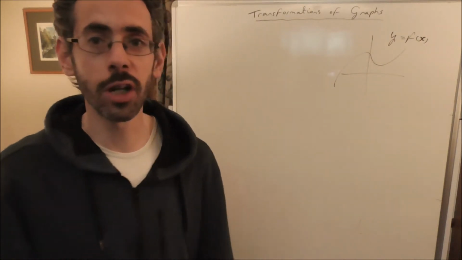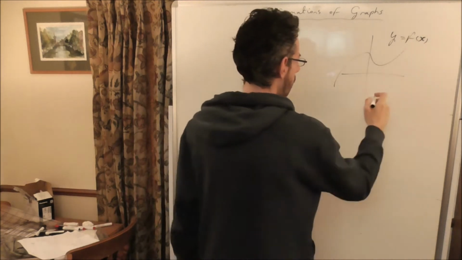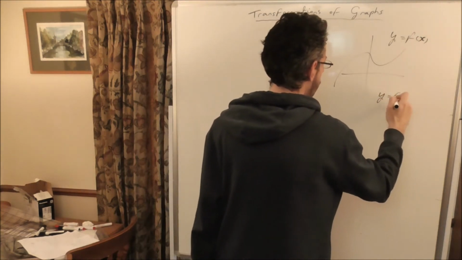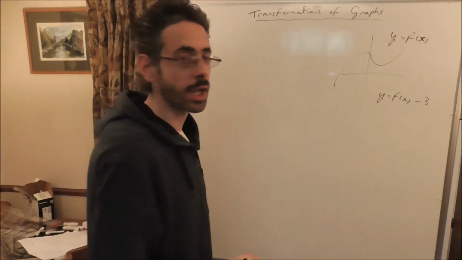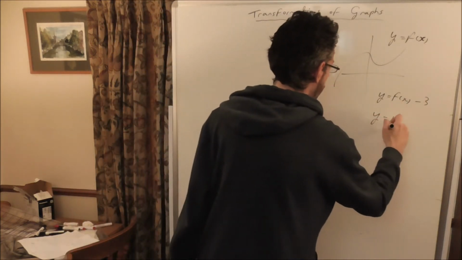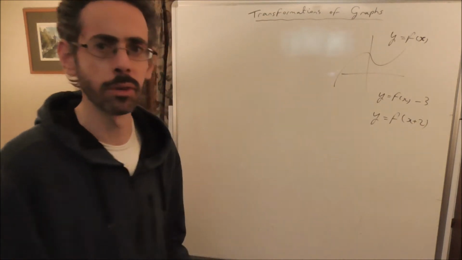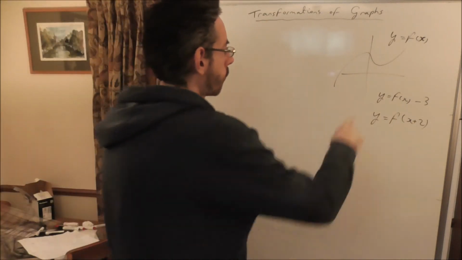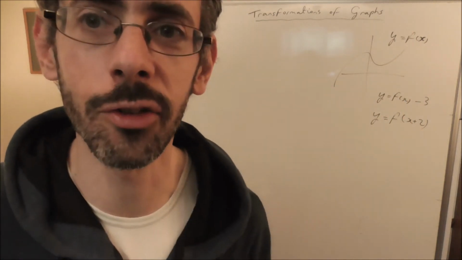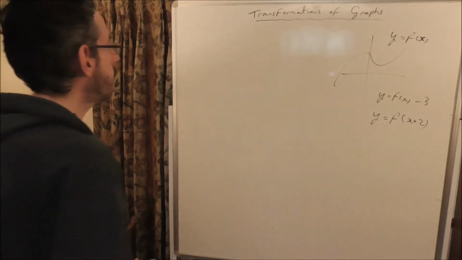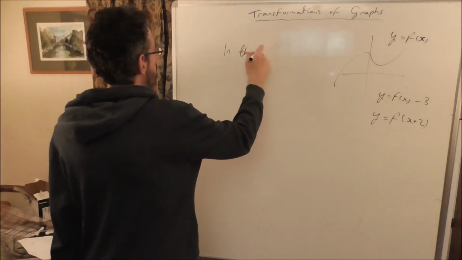So sometimes they don't tell you what it is, and they'll say something like, can you draw, or can you sketch the graph of y equals f of x minus 3? Or can you sketch the graph of y equals f of x plus 2 with an x plus 2 in a bracket? I'm going to explain what all this notation means, and then we'll apply it to transformations of graphs. So let's say in this example,